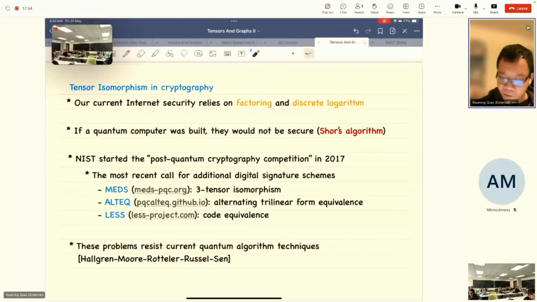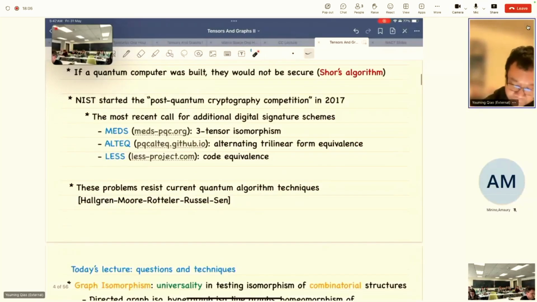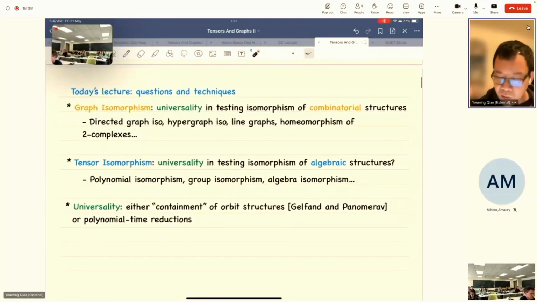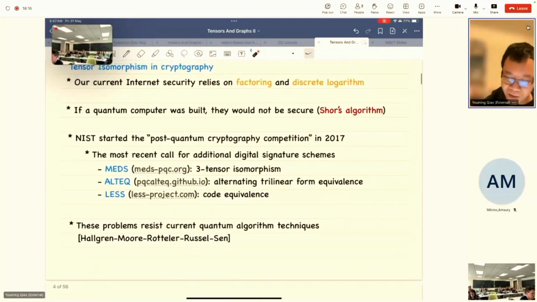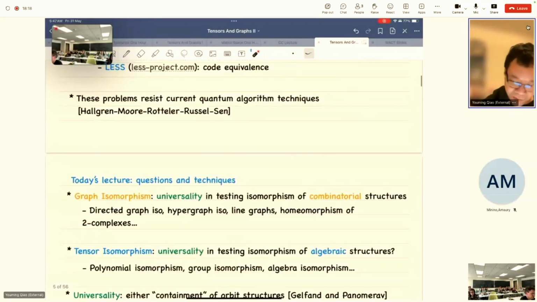Okay, so that's just some background, and to spice things up and to let you know that there are very practical reasons to be concerned about the tensor isomorphism. So having introduced this background, we are coming to the math side. This is like security and advertisement, and now we are coming to